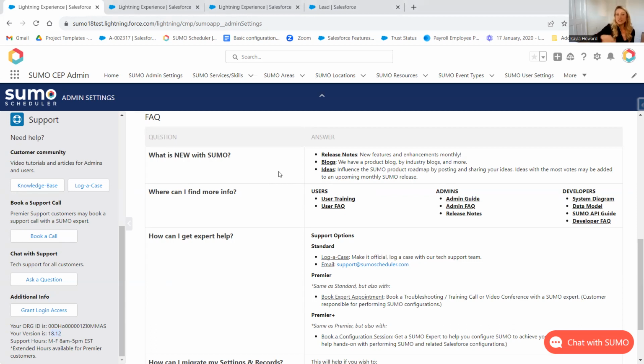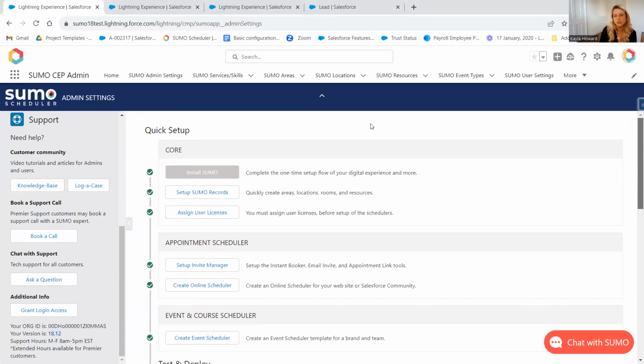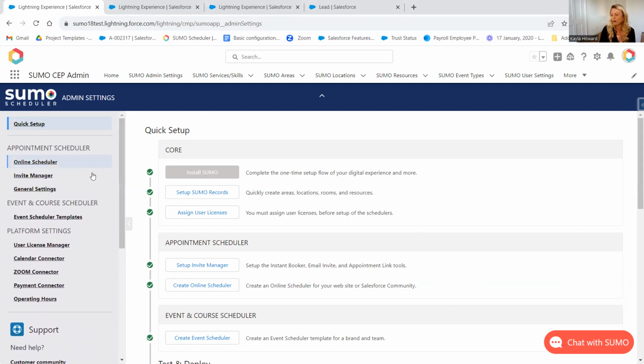Okay, so the first thing we want to start with today, team, is the admin quick setup. As many of you know, SUMO already employs a full in-house implementation team, and we work hand in hand with our customers to ensure that implementation of SUMO meets the requirements in both functionality and time frame to go live. In addition, we have now released an opportunity that gives you the ability to go through an admin quick setup and self-implement. For those of you that are hands-on, you want to get that process under your belt, you want to go ahead and maybe just